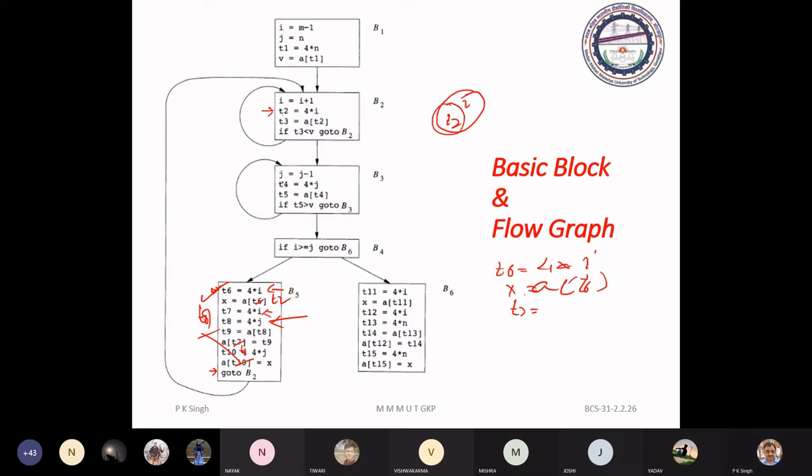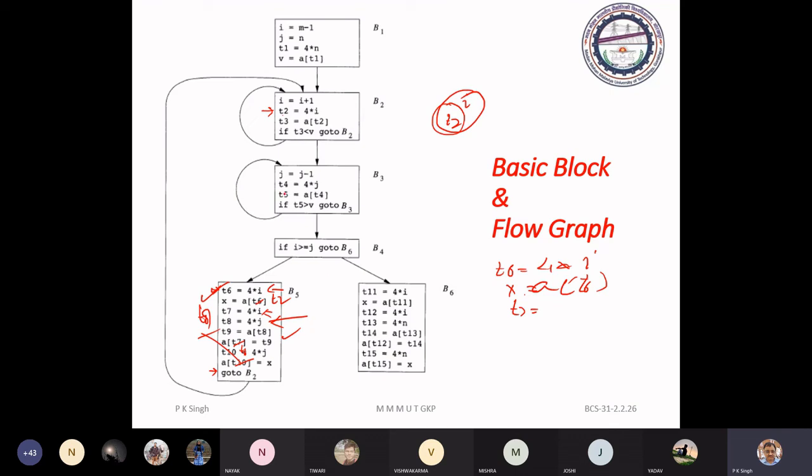Similarly, it is 4 into J. After control of execution will exit from this very basic block, the value of J is locked. It contains the same value during the remaining portion of the program, and the same value is transmitted to this basic block.